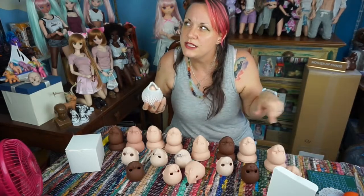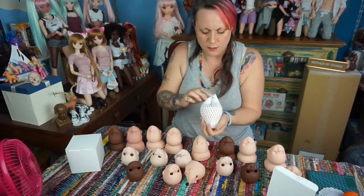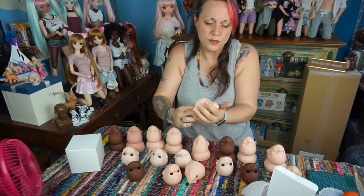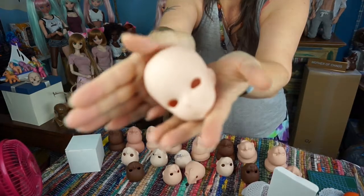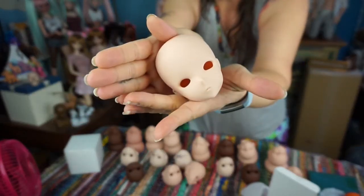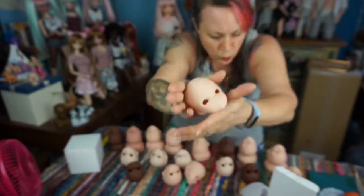Hang on, I don't really like to get rid of my floating heads. I really need to get rid of my floating heads. At least some of them, but I don't like to, because they all have plans. This girl has been thoroughly prepped and will be one of the next customs that I start on. One of, I guess,